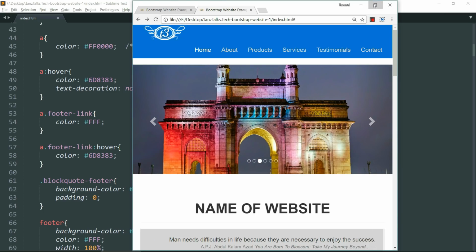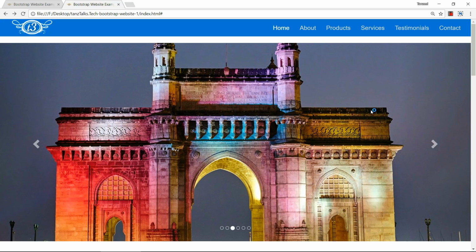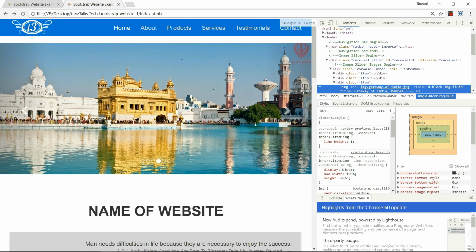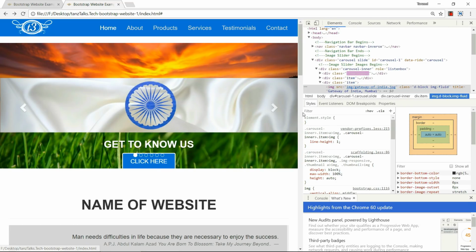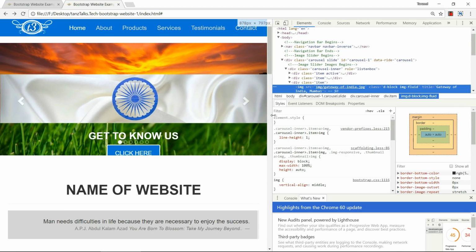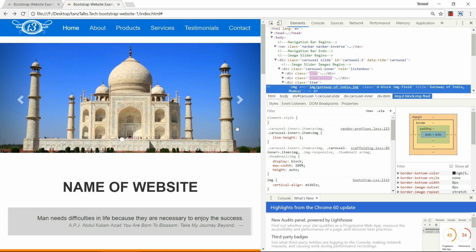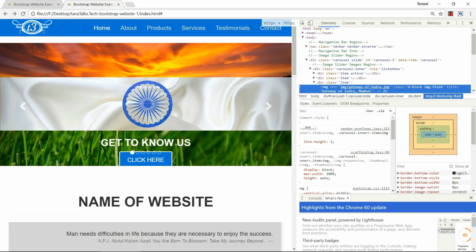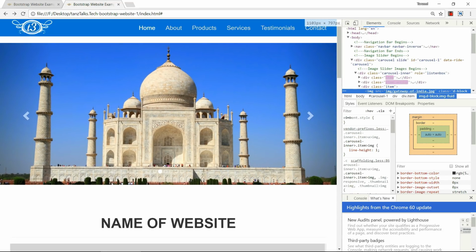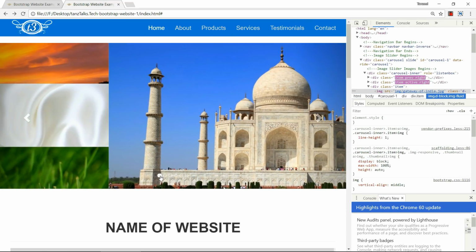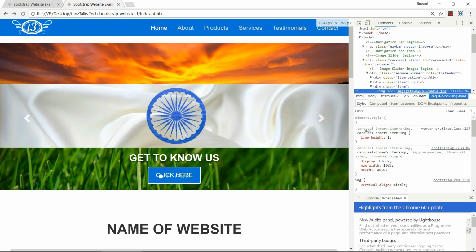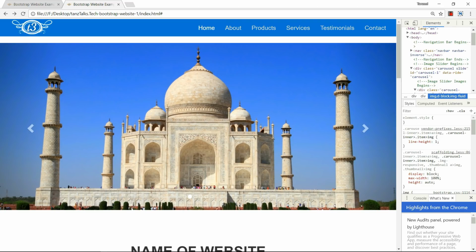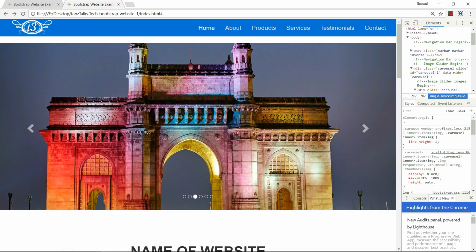Let's resize the page and see how the carousel caption is behaving. Yeah, it's here now. So I think in smaller devices we should make the button go away. We should hide the button, and in larger screen size we can show the button. In the small screen we should hide the button and let only the caption be there.